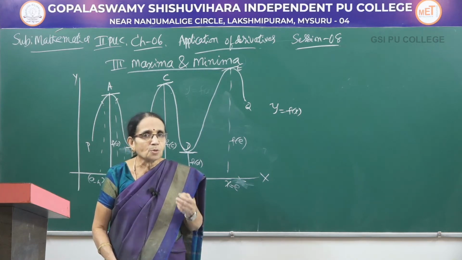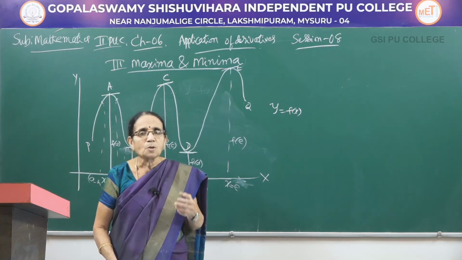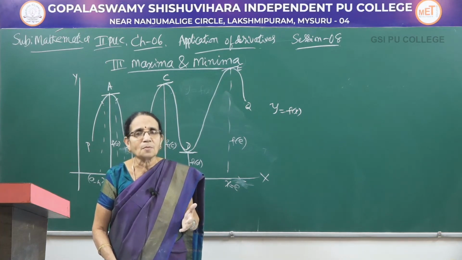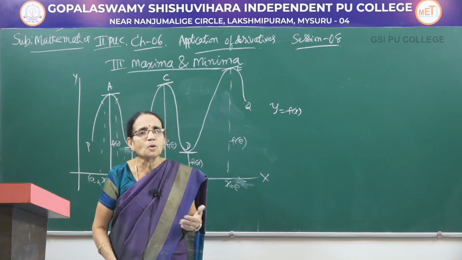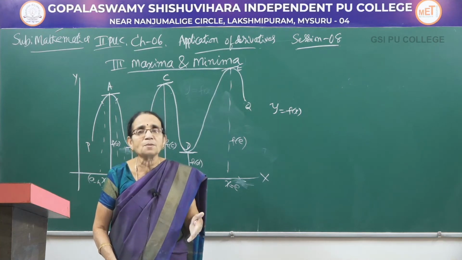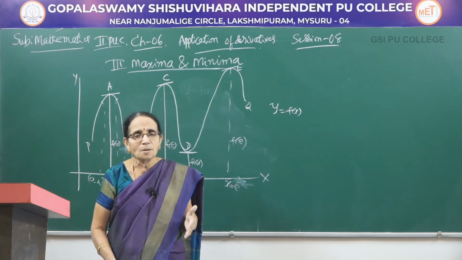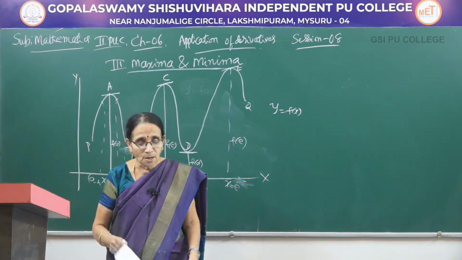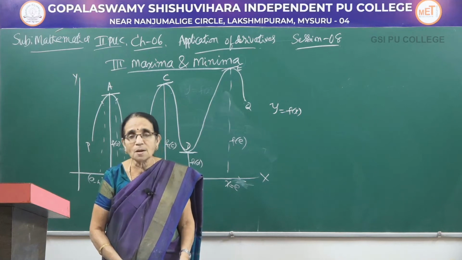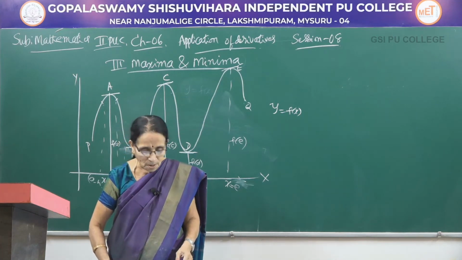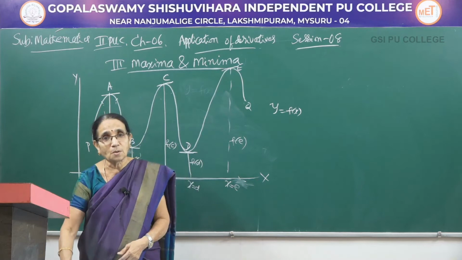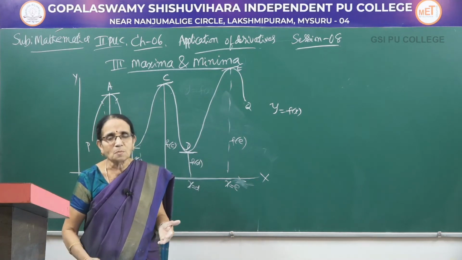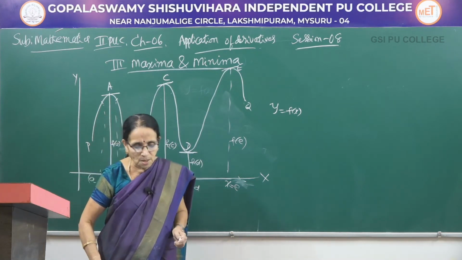That means we use the knowledge of the derivative to find out whether a function has a local maximum value or local minimum value, and at what points it gets those values. All those things can be stated in the form of a statement which we call the theorem, or it can also be considered the first derivative test. Some call it a theorem, it can be taken as the first derivative test.